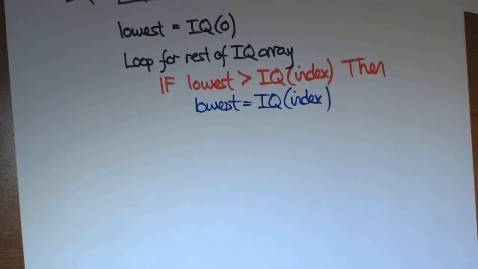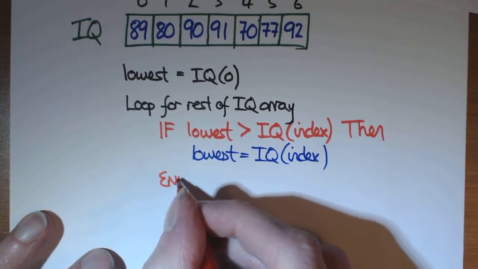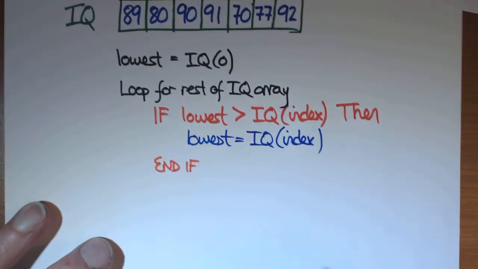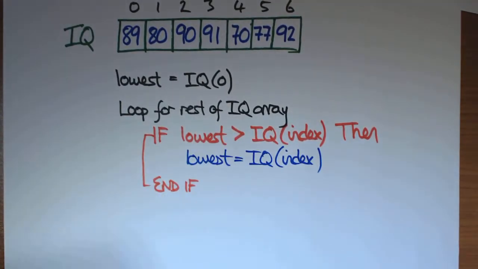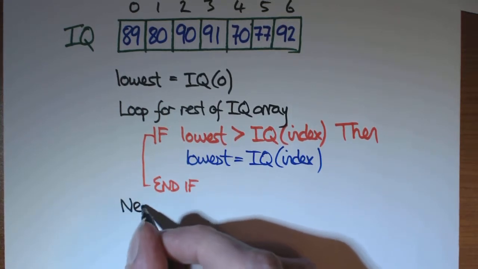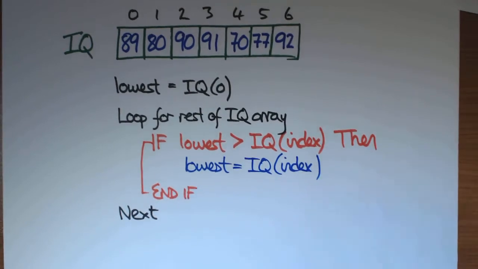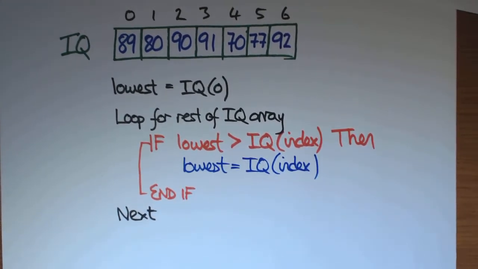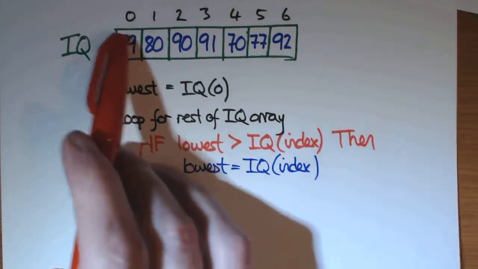We can do end if. Okay, and I'm just indenting it to make it a wee bit easier to read, and I'll just use the same colour too. We can just say next. Okay, and what we've got now is a piece of code that takes the first value, saves